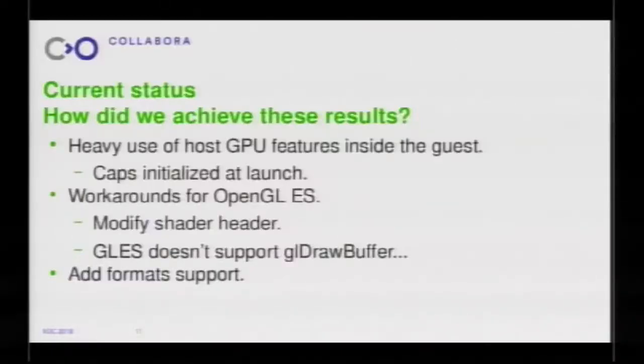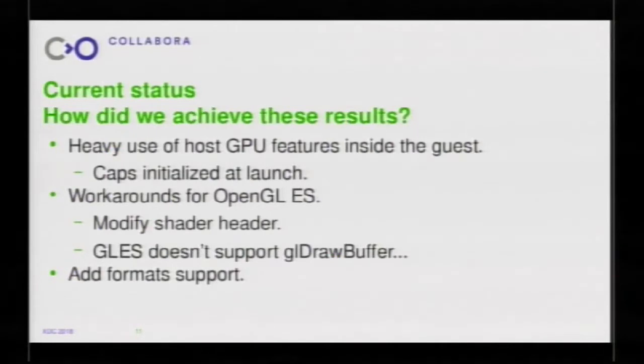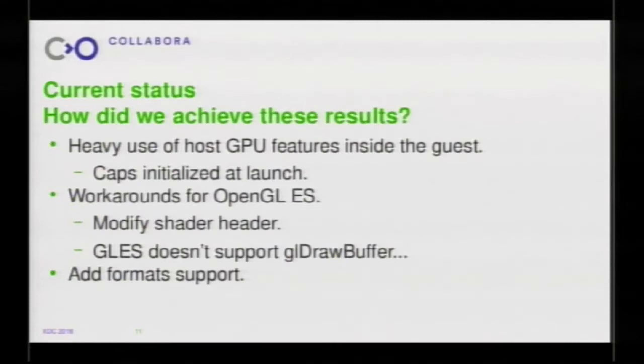So how did we achieve all these results? The primary work for us at Collabora was to enable the GLES backend. At the beginning, we didn't think about improving the GL support in the VM. So we needed to find a way to expose GLES on the guest. We use capabilities when we launch the VM. So we say, all right, GLES is available on your host. I don't know, tessellation is available on the host, so you can generate shaders that